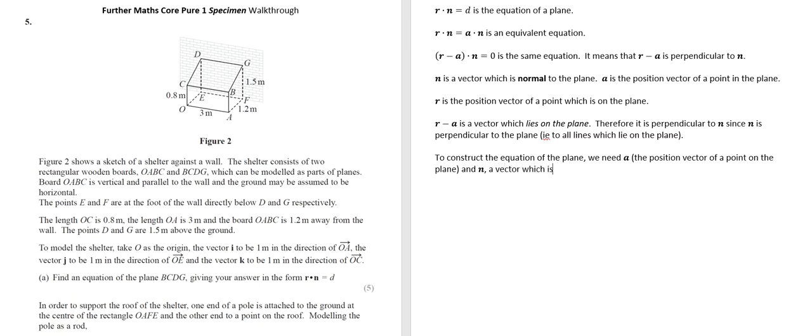A vector which is normal to the plane. How do we get them? Well, let's start with A. A can be any point on the plane. So